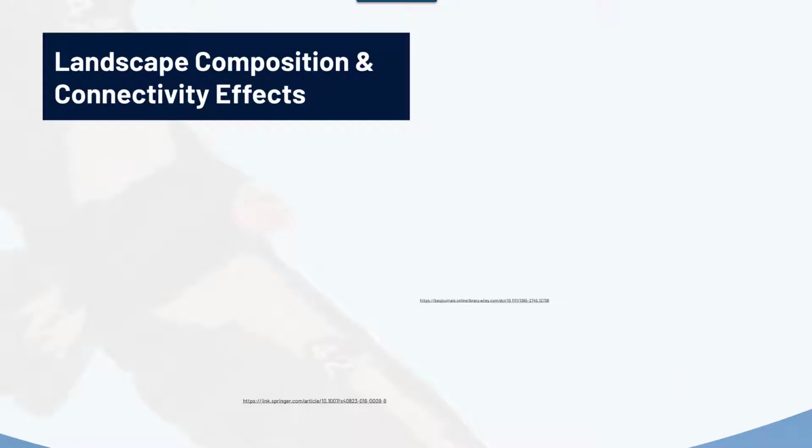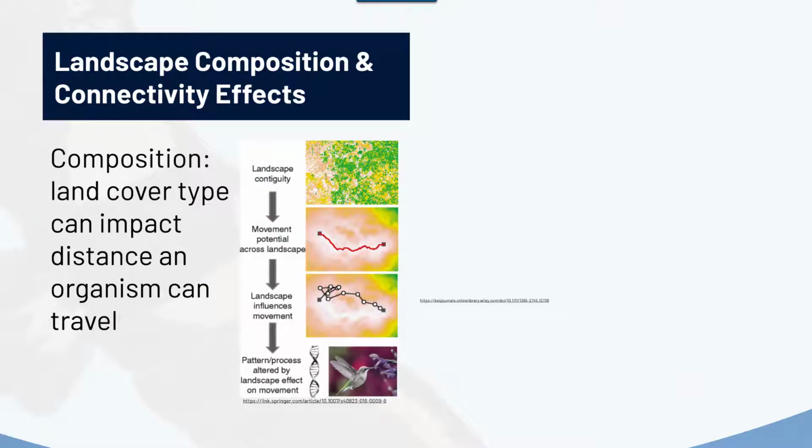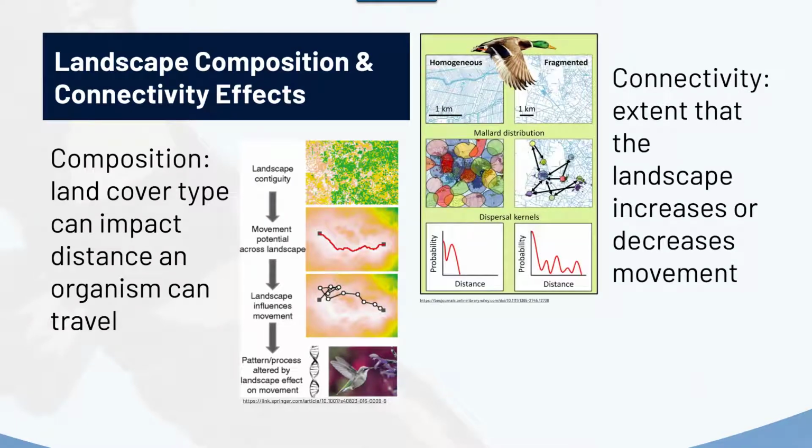The landscape composition and connectivity can actually have an impact on the dispersal as well for organisms. The composition, or the land cover type, can impact the distance an organism can travel, because a denser forest as opposed to a sparse forest is going to limit the blockage or the structures that an organism has to travel beyond. But connectivity, so the distance between different patches of preferred habitat, can also have a big impact on the distance